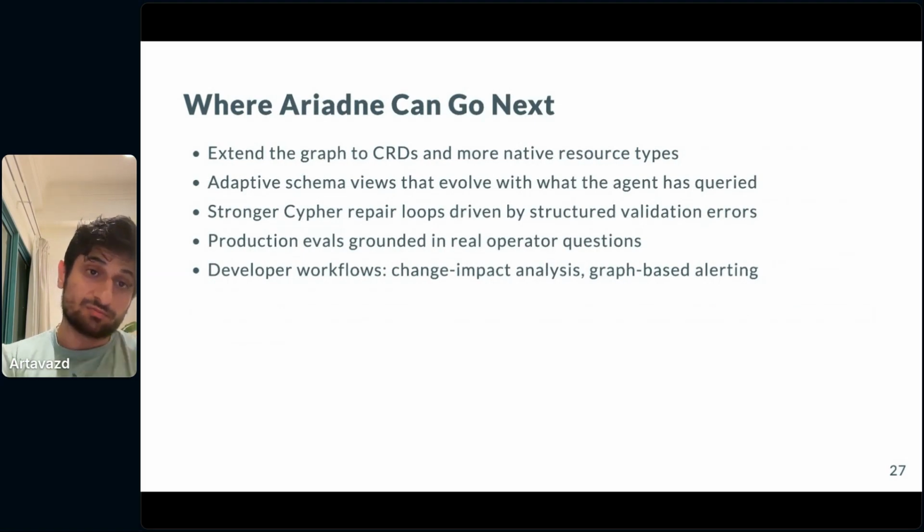Okay, what can Ariadne do next? For example, one of the things it can do is try to model more objects that are part of Kubernetes, like service mesh, Istio, maybe AWS or GCP related objects. Another thing, because everyone now becomes very conscious about the number of tokens they're using, for example, maybe